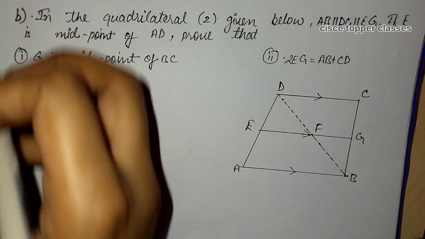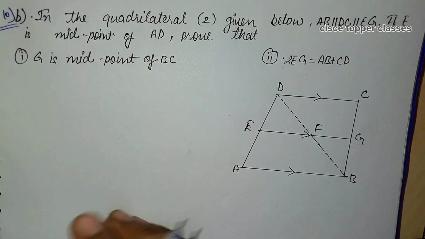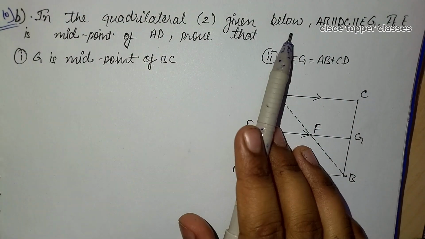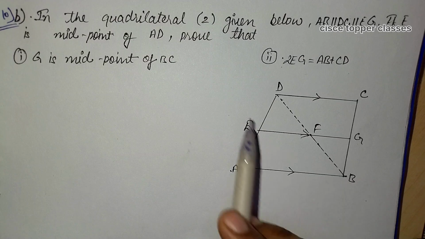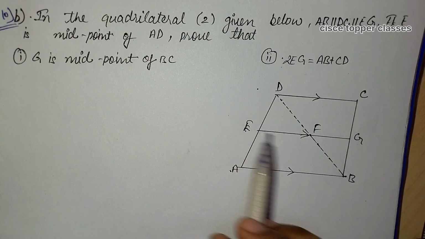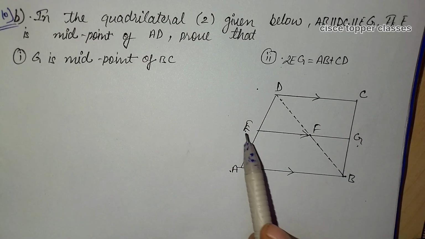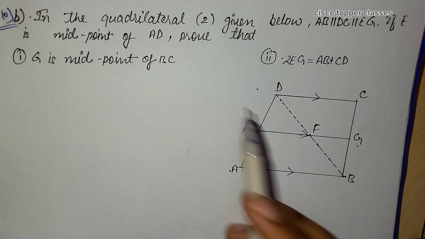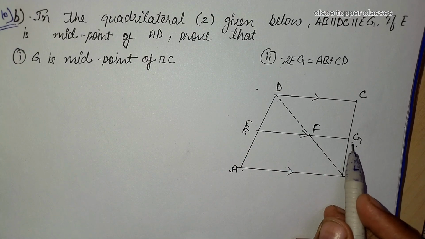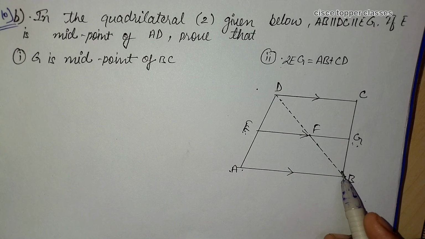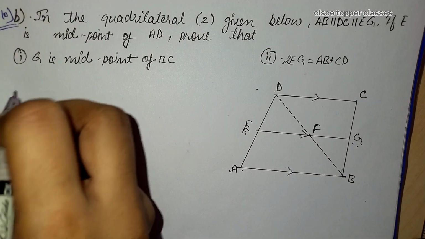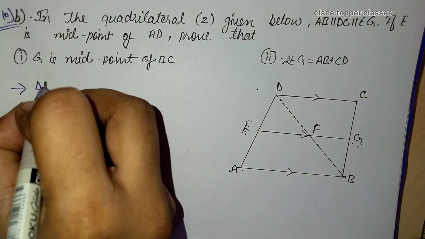Now let us solve the 10th second part here. In this we have to prove that in the quadrilateral given below, AB is parallel to DC, and DC is parallel to EG. If E is the midpoint of AD, then we have to prove that G is the midpoint of BC. So simply, we can firstly write, in triangle